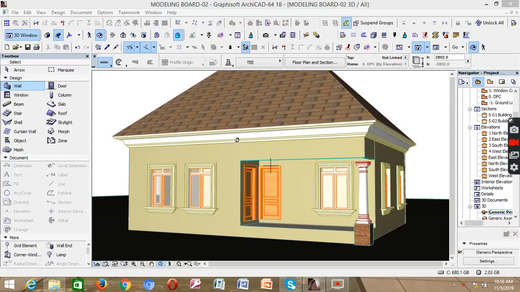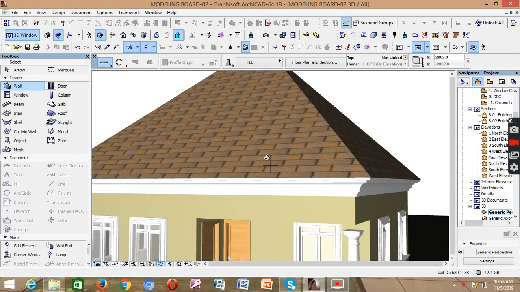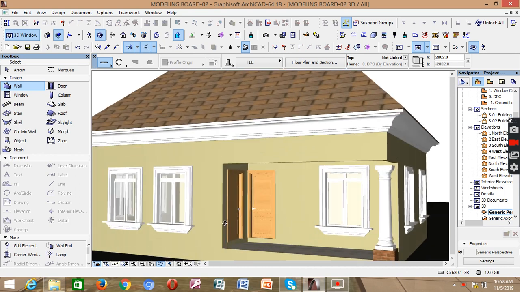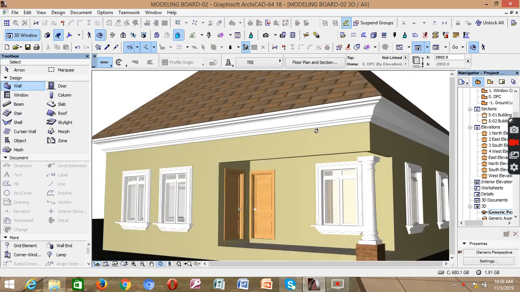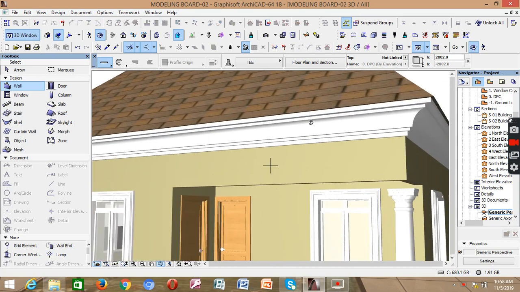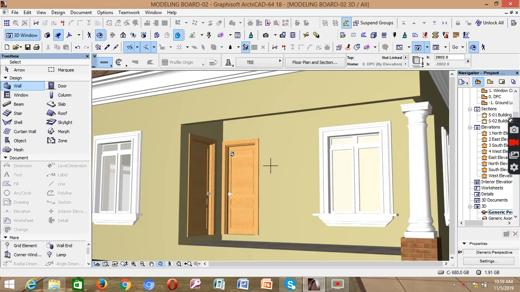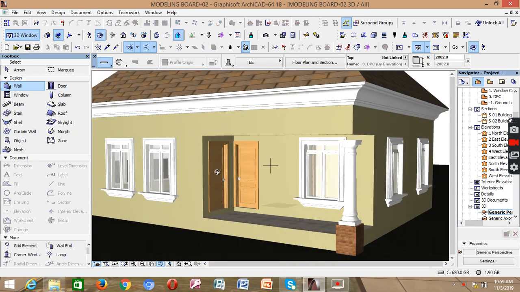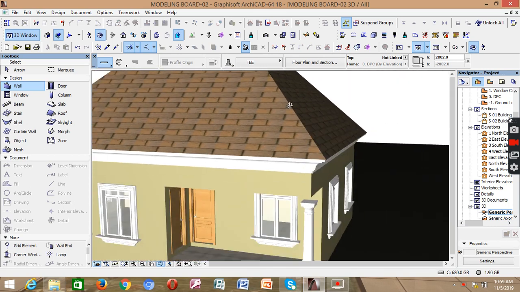Hello, my good friend. I want to show you how to design a simple bungalow like this. As you can see in this design, this simple bungalow has its parapet. It also has window hood. You can see the door, you can see the corridor, you can see the roofing design, and I'm going to